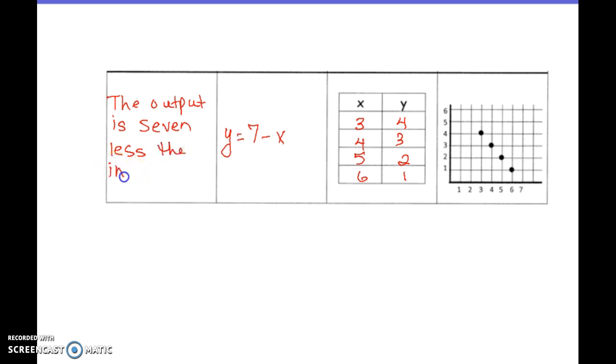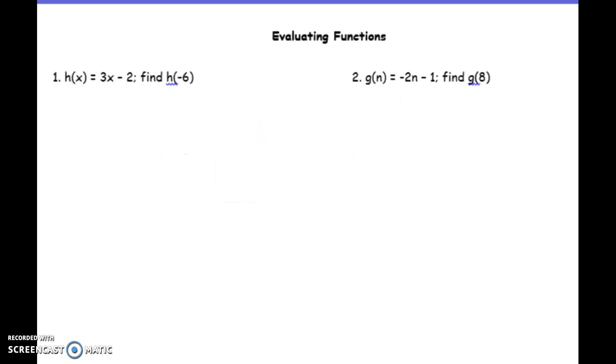Notice it's not "less than," it's just "less," because the 7 comes first. Okay, so taking the next step, we've got evaluating functions. Remember yesterday, our last class, we talked about h of x. This is how it is read, h of x. In this example, h of x is equal to 3x minus 2, but we want to find h of